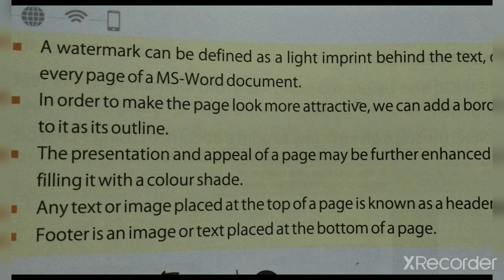Any text or image placed at the top of a page is known as a header. A footer is an image or text placed at the bottom of a page. And the last point, it is given in your book but it is not given in the recall, printing a document. So it is very important also. A document can also be printed using MS Word after all other features have been added.